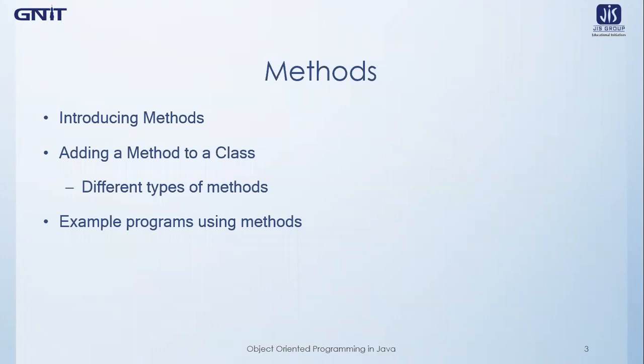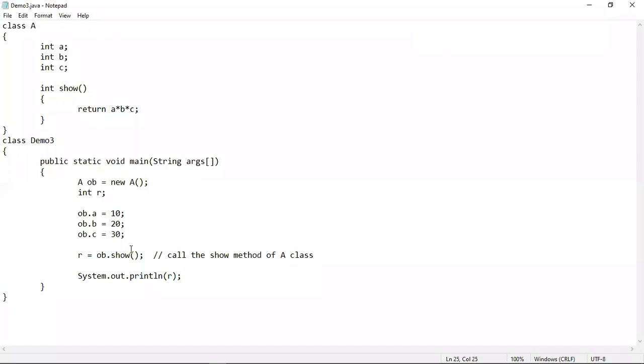Now we will see the different types of methods that can be used in a Java program. This is the simplest version of the method that we have just shown. The next one is a method that will be returning some value to the main method, and the last one that we will discuss today will be a parameterized method. This is a program that demonstrates the use of a user-defined method that will return some value.